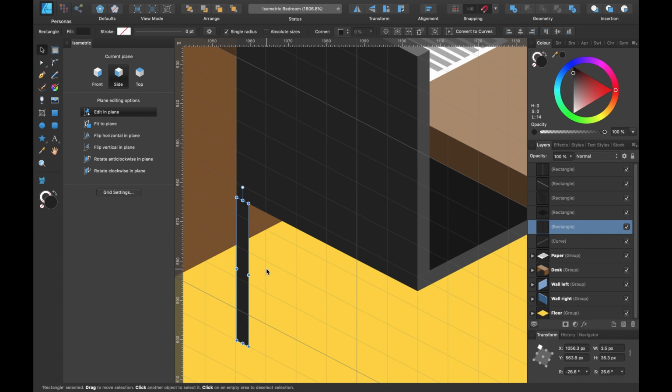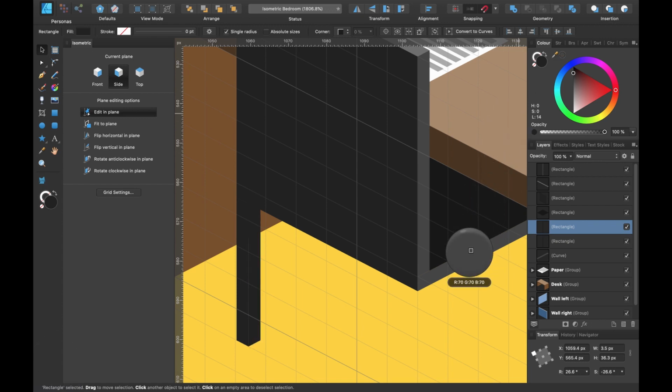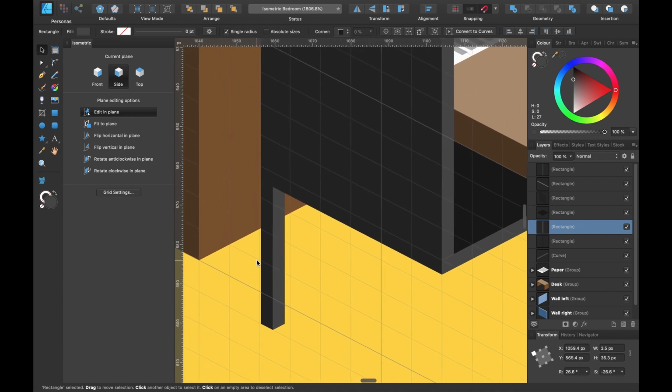Press V for the move tool and we'll press Command J and that will duplicate this chair leg. I'll flip it in the transform tool and I'll just drag it across slightly like this. Okay, let's change the color slightly. So we'll make it the same color as this side will be facing this way. So again, eyedropper tool, select the color, click on the eyedropper color that you've selected, and there we have it.